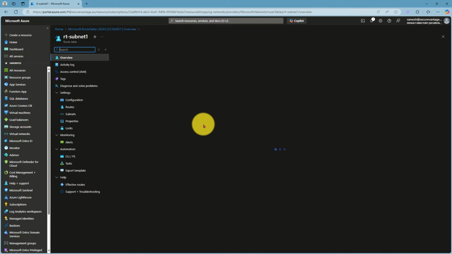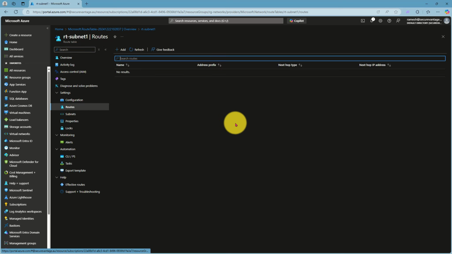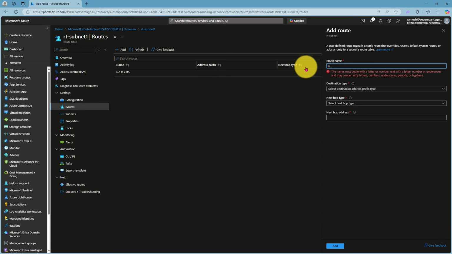Go to the resource. Now this is the route table. Here there is a section called routes. That is what you see. Now these are user defined routes. The one that we created is a route table, and user defined routes are defined within routes, and then the route table is associated with the subnet. So what is a route? This one, UDR,